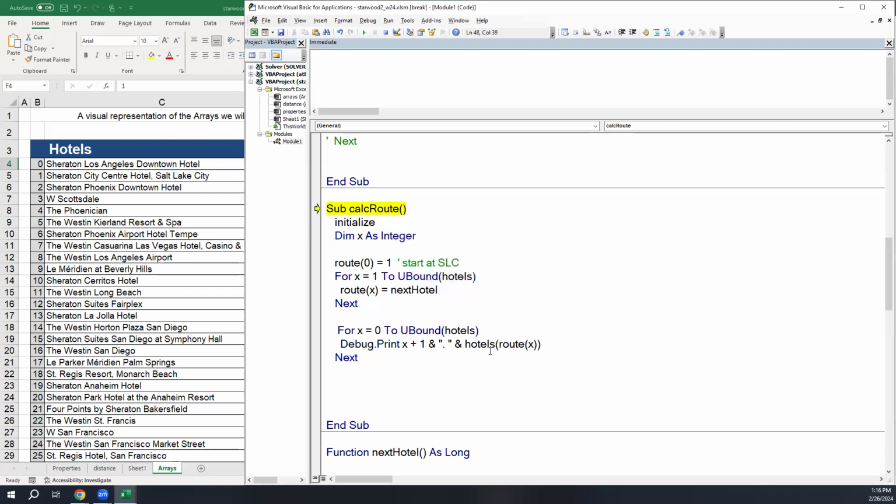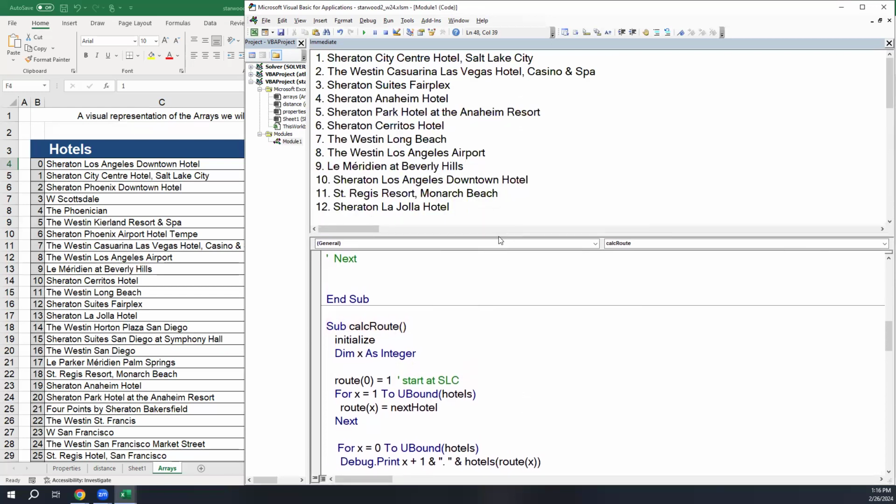Hotels. So that's what it calculates. Start in Salt Lake City. That looks good. Go to Las Vegas. Then to Fairplex, which is in Pomona, California. Anaheim. This looks pretty good. I'm starting here in Salt Lake, going to Las Vegas. Now I'm going down to Los Angeles. And Anaheim,